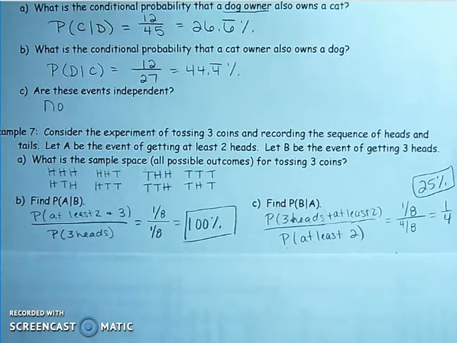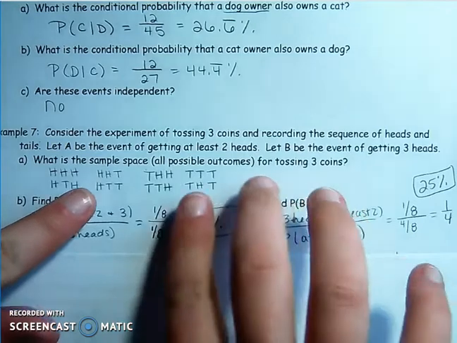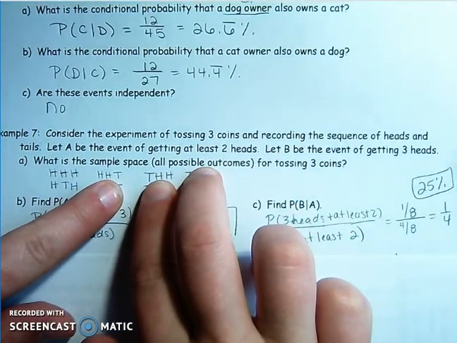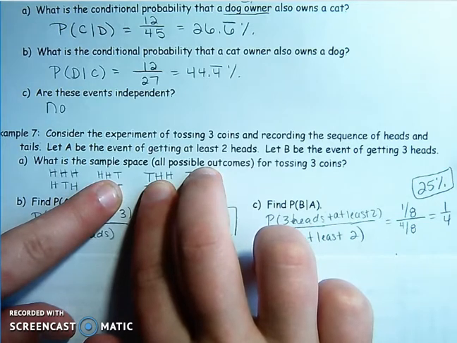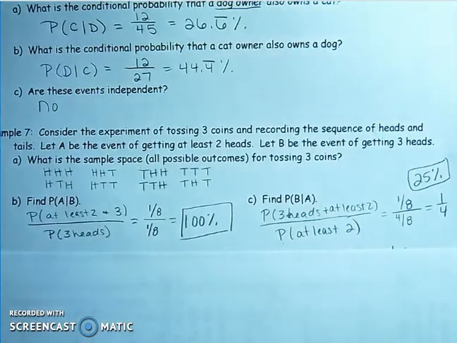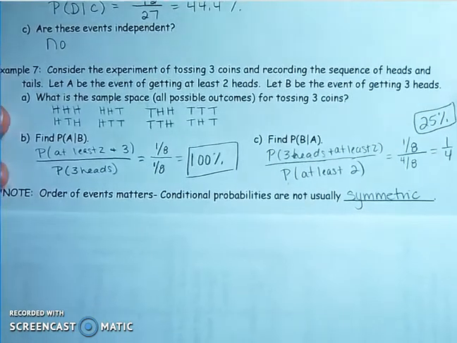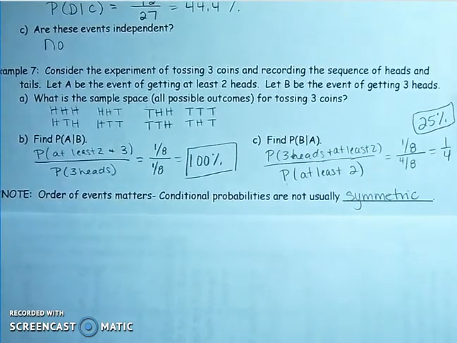So the idea is, if I reduce my sample space to at least 2 heads, there's your 4. How many of those have 3 heads in them? That's the first one, which is 1 out of 4. So that's an example with coins. Note, order of events matters. Conditional probabilities are not symmetric, meaning A given B does not equal B given A. You cannot flip-flop these two. A given B is not the same as B given A 99% of the time,